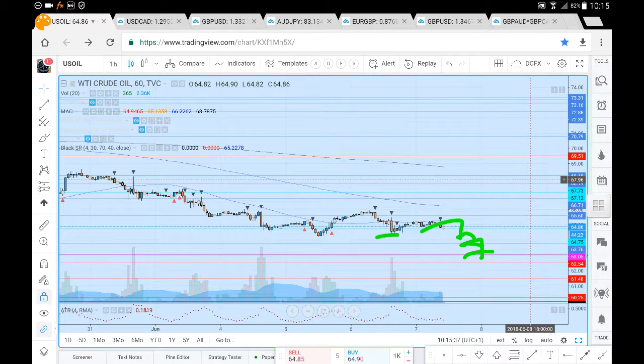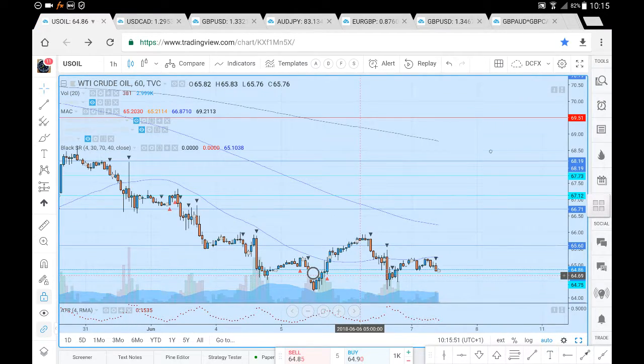And if we do see price progression beyond 63.76, 63.04, 63.05 and 62.54 would be the very next levels that we are looking at here to the downside, if we do see this price progression to the downside on the US oil. If, however, we do find support at the 64.75 or the 64.20 before heading down towards that 63